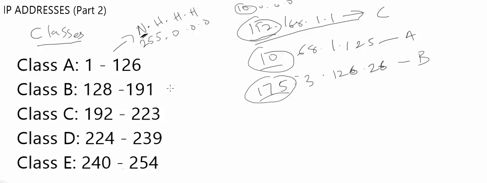So the same thing goes for class B. In class B IP addressing, we have the first two octets used for network address, and the last two octets used for host addressing. In class A, invariably you know that we can have more hosts per individual network, in the sense that we can have 255 times 255 times 255,